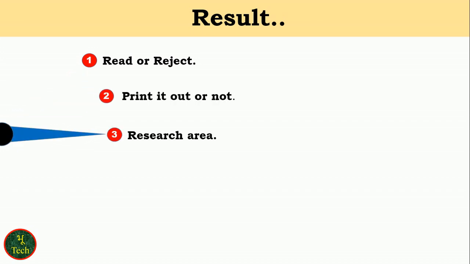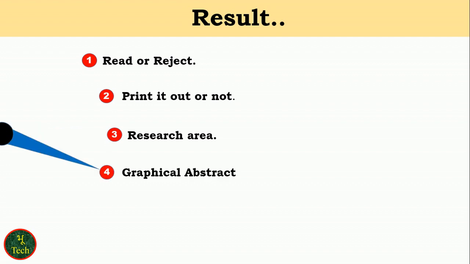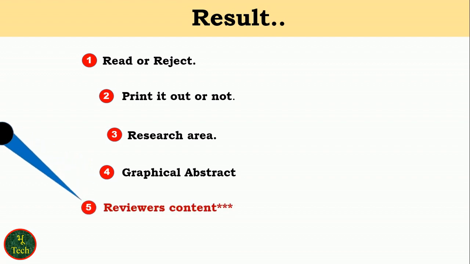Is this paper from your research area or not? You can form a graphical abstract of the paper. If a reviewer cannot understand the main theme after one step, the paper should be rejected. If the reader cannot understand the highlights of that paper after 5 minutes, the paper should never be read.